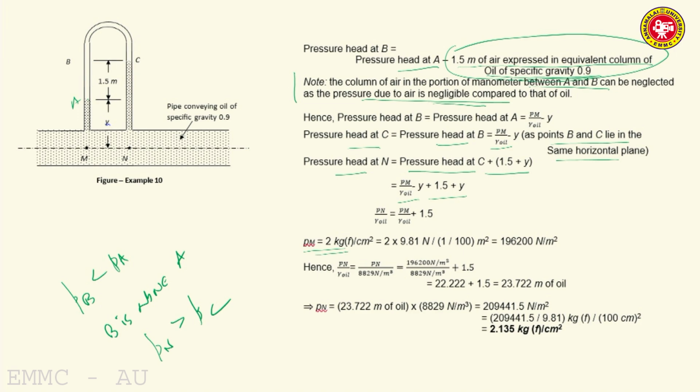So, converted to Newton per meter square, 1 kilogram force is 9.81 newtons, and 1 centimeter square is 10 power minus 4 meter square, so it is the denominator. So, what happens? You get 1,96,200 Newton per meter square. So, Pn, you express it in meters of oil. So, it is Pn by gamma oil is equal to Pn by 8829,